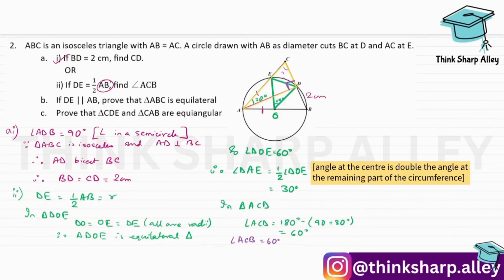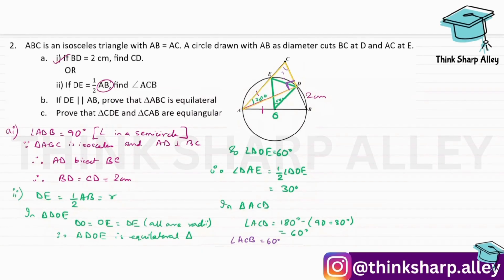Now we are going to delete the marks on the diagram so that we can move to part B and understand it clearly. Now if you see part B, they have asked: if DE is parallel to AB. So in case DE is parallel to AB, I know it's not looking parallel, but let us just assume. Here they have said if. So let us just assume that these lines are parallel. In case these lines were parallel, then we have to prove that triangle ABC is equilateral. Remember, we already have these two angles equal because it is an isosceles triangle. Let us number the angles so that it becomes easy for us to follow: 1, 2, 3, 4. And that's it.